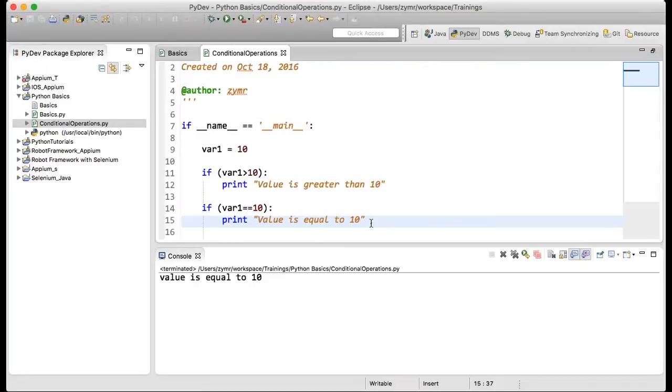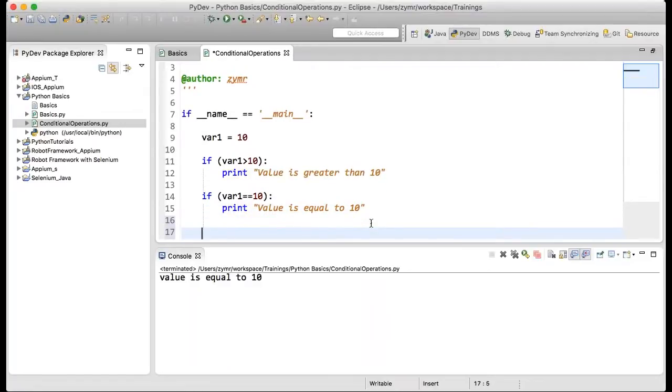So there are many other ways to check expressions, like if var is less than 10, and many other join operators I will show you going further. Now next, it is about only evaluating the if statement.